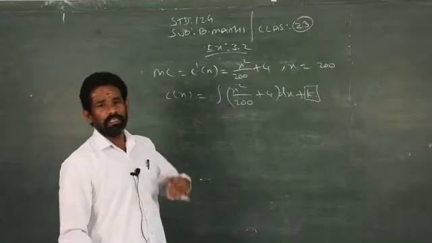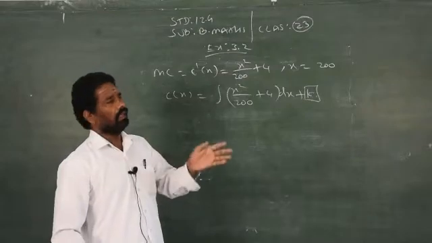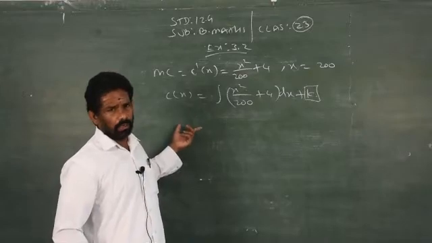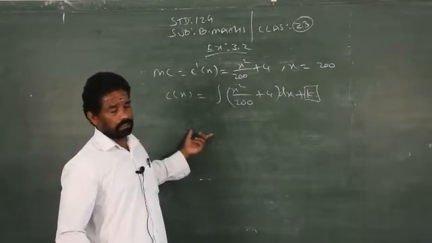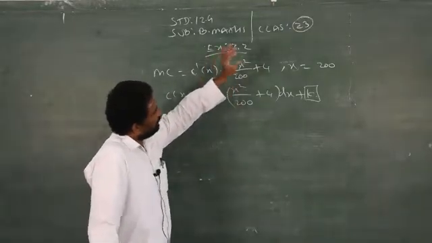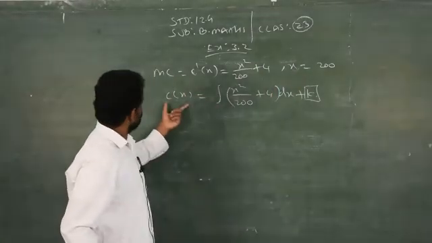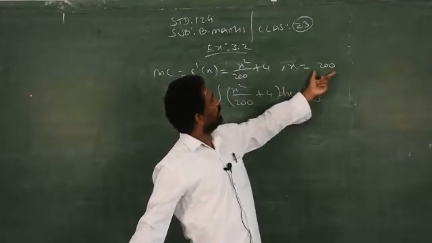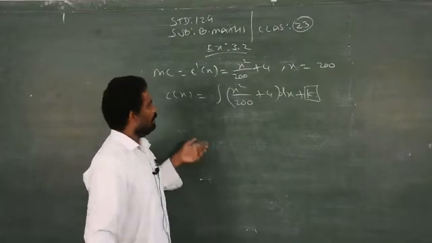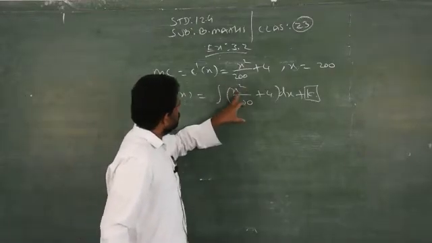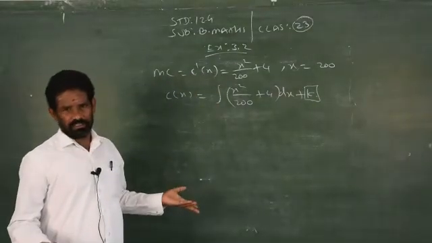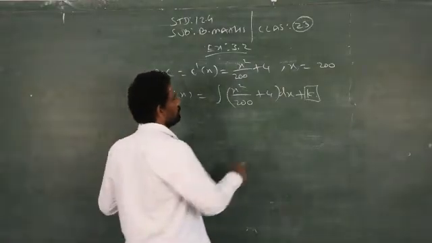It's not given. Whereas in the previous slide it is given very clearly, the number of units is 0 or the fixed cost, whatever it is. Fixed cost means C. How do you express the meaning of fixed cost mathematically? Clear. So here only the number of units is given, with no information about the cost of producing those 200 air conditioners. If the cost of producing 200 air conditioners were given as 1 lakh or 10 lakh, then C would be replaced by 10 lakh, x replaced by 200, and we could easily find k. Here no information is given.